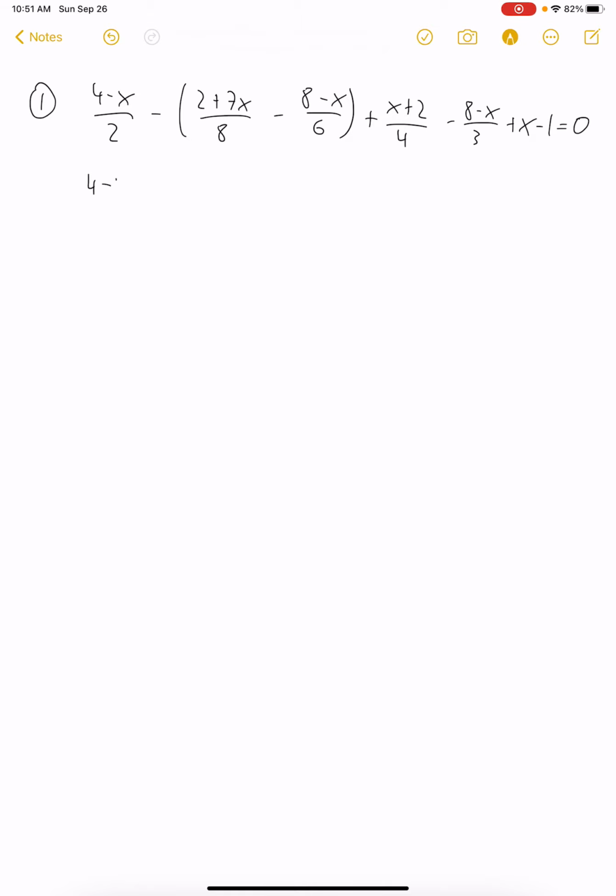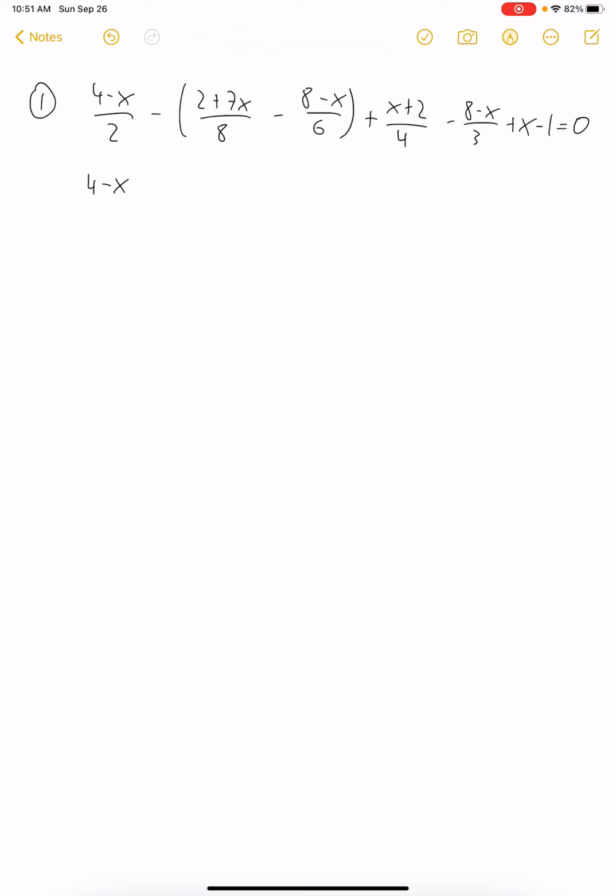Problem number 1. Solve the equation 4 minus x over 2 minus 2 plus 7x over 8 minus 8 minus x over 6 plus x plus 2 over 4 minus 8 minus x over 3 plus x minus 1 is equal to 0. So the first thing we will do is we will get rid of the bracket, which means